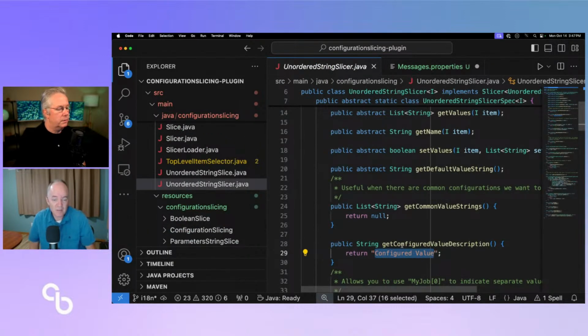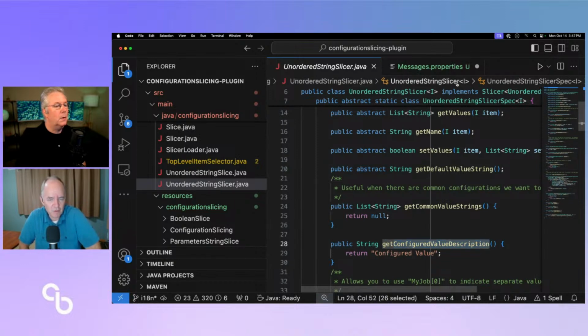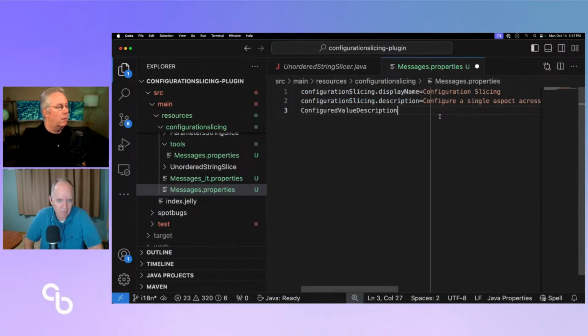Yeah, so it's description, get configured value description. Well, that's an interesting name for that method. Huh. So if I say this,